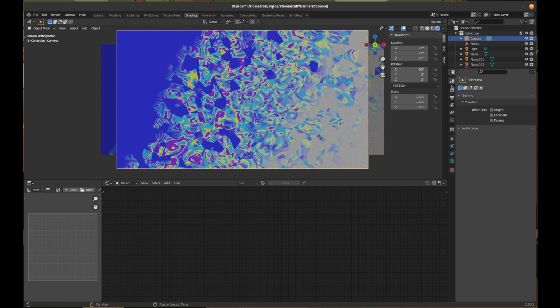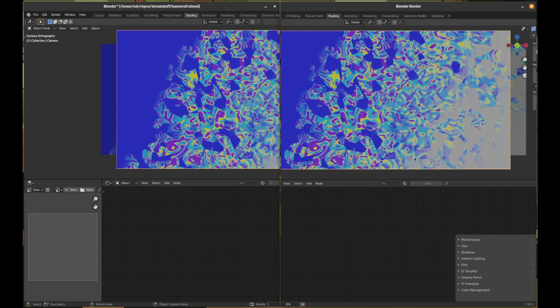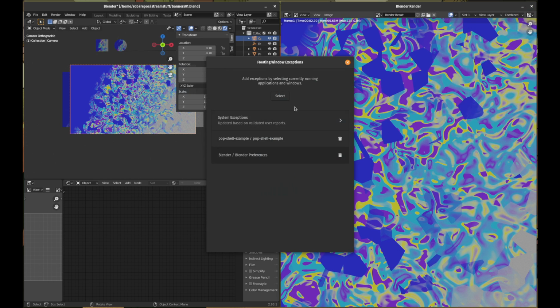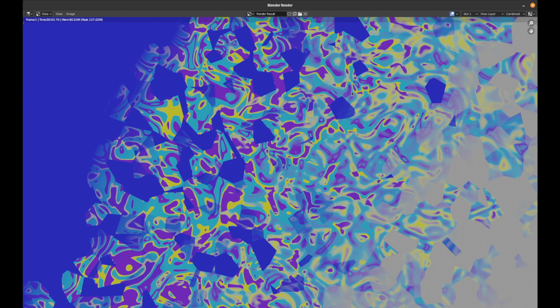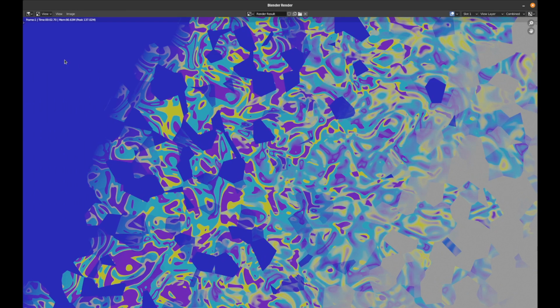So let's render these. Got our denoising stuff on. Yeah, let's do it. I'm gonna hit F12 here, and I'm gonna untile this window. There we go. Just so that goes over. And I think we've got our result already. That's fast. It's not a complicated scene, and it's just a texture. So let's save this,